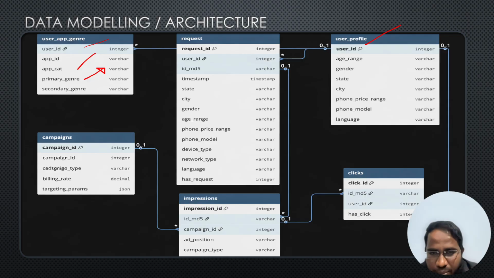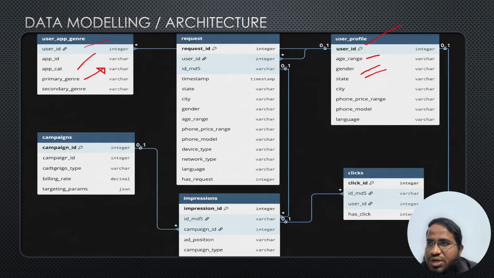For example, in YouTube, if he is searching for education related keywords, then automatically his primary genre will become education, and the secondary genre is most probably entertainment. And in user profile we will pick his age range, gender, and state. Sometimes the user will provide the data, sometimes we have to predict the data. That is a different concept here.